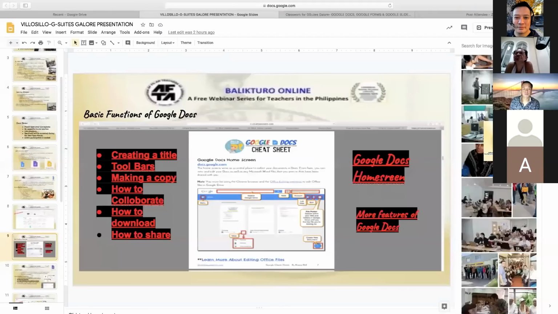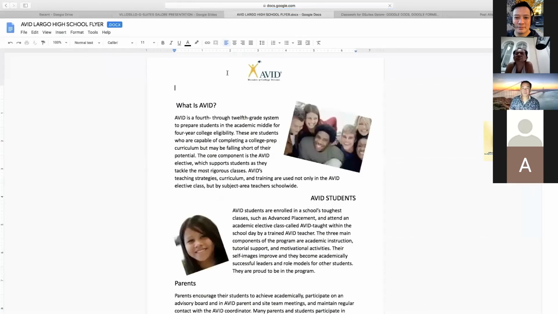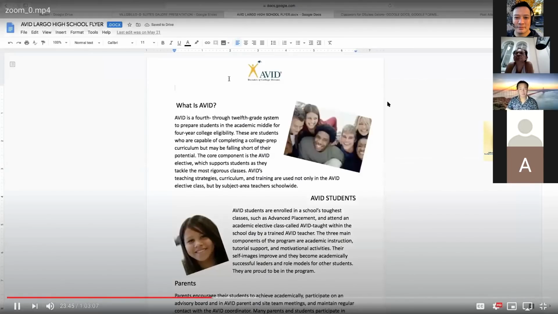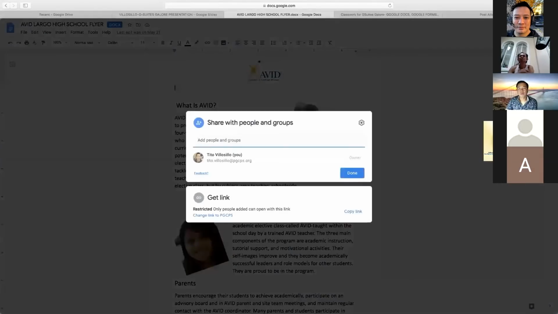Now, let's go back again to how I am going to share it. All right, so I have a way on how you can share it to somebody else. Okay, so click right here, how to share. So this is actually a pamphlet that I have created in my class. As you can see, Avid Largo High School flyers. It's a flyer. Now I want to share this to either students or another teacher. So all I have to do is click right here, share, and then type